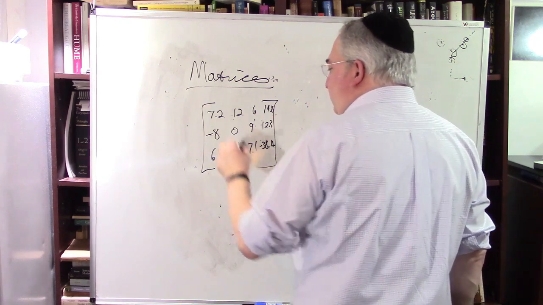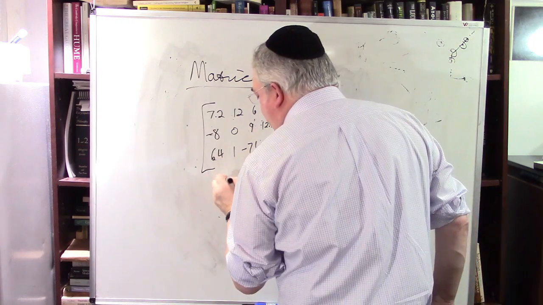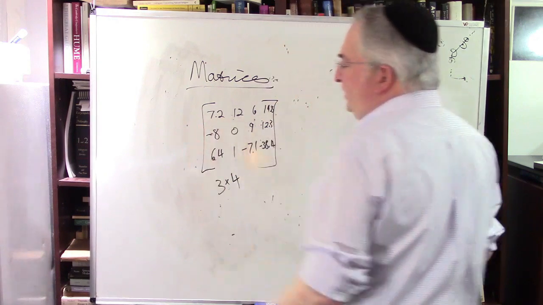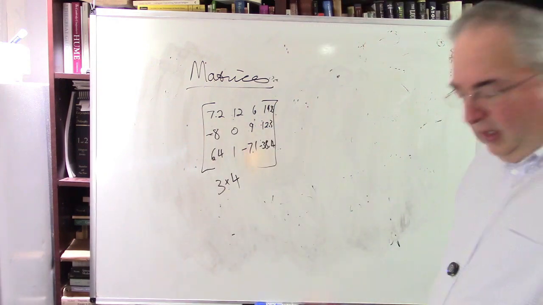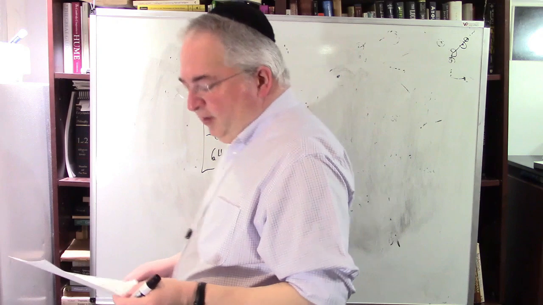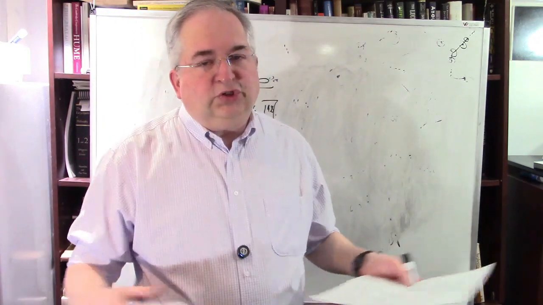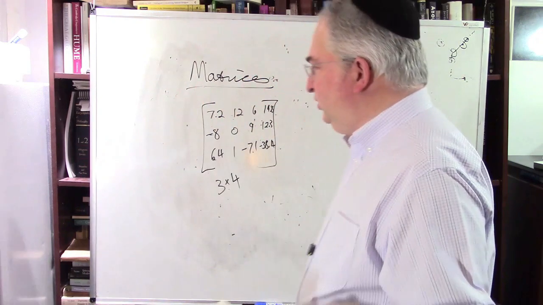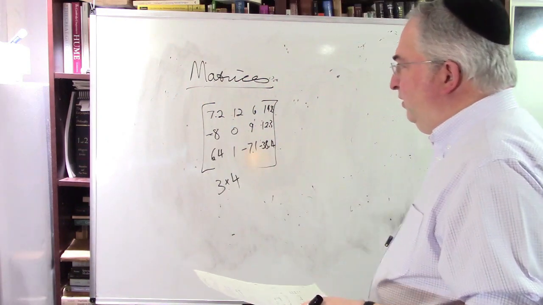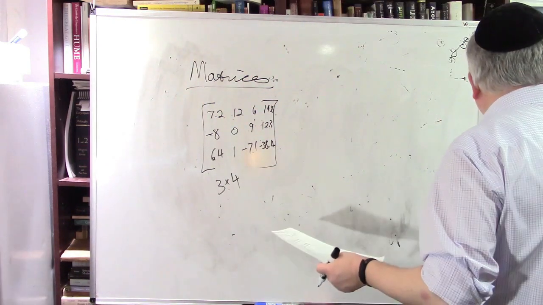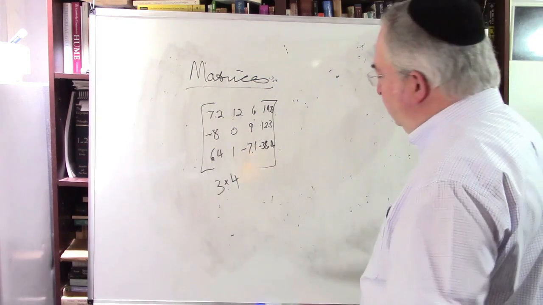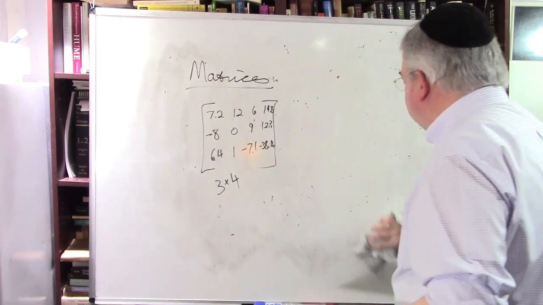Okay, anyways, this is a 3 by 4 matrix, and it's just an array of numbers. Okay, a multi-dimensional array of numbers. If you want, you can think of the regular numbers as just a 1 by 1 matrix. Now we want to talk about not a matrix, we want to talk about all matrices,